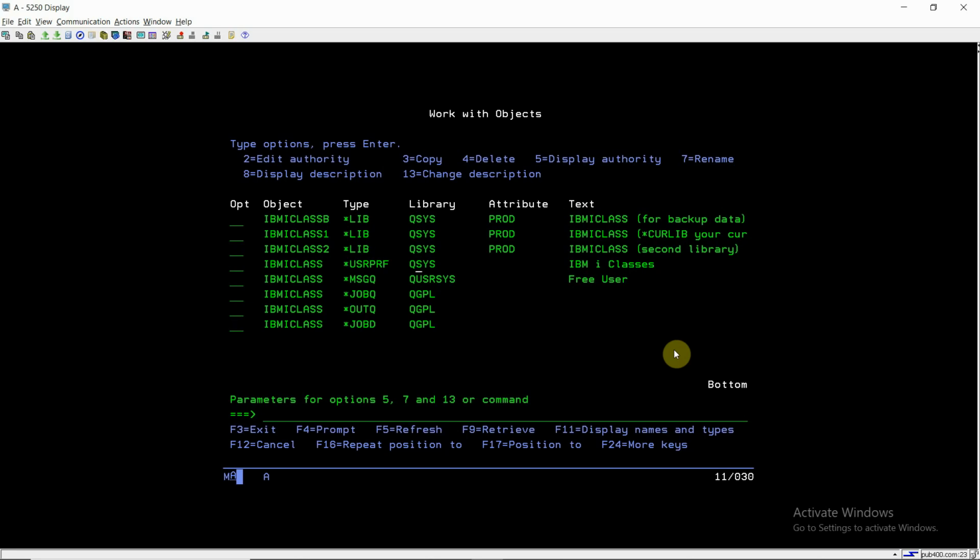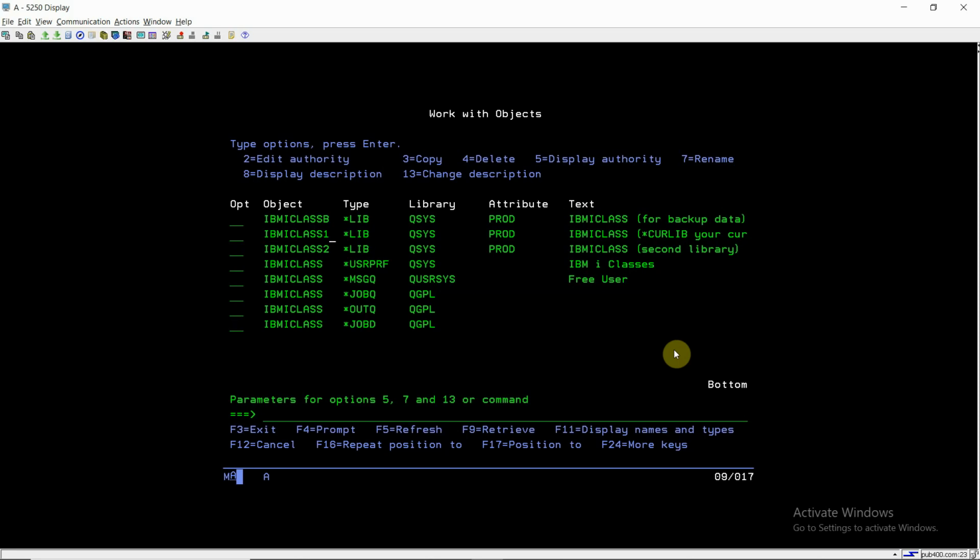There is only one library in the IBM i system, QSYS, which contains the other libraries. A library like IBMICLASS cannot have any object of type *LIB in itself, but QSYS has the power to include library type objects.